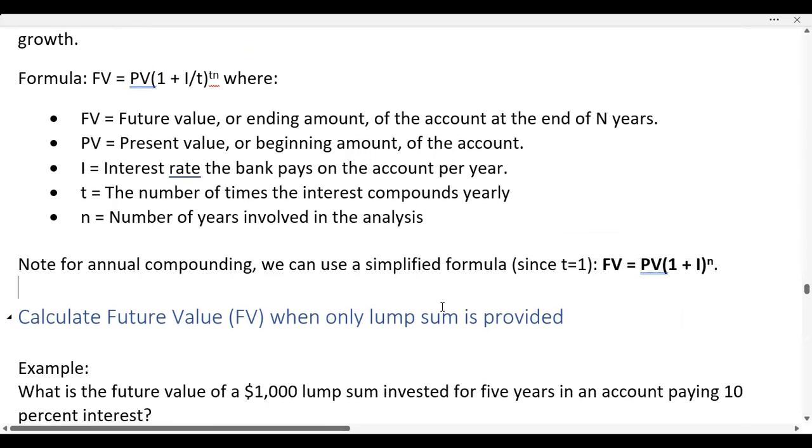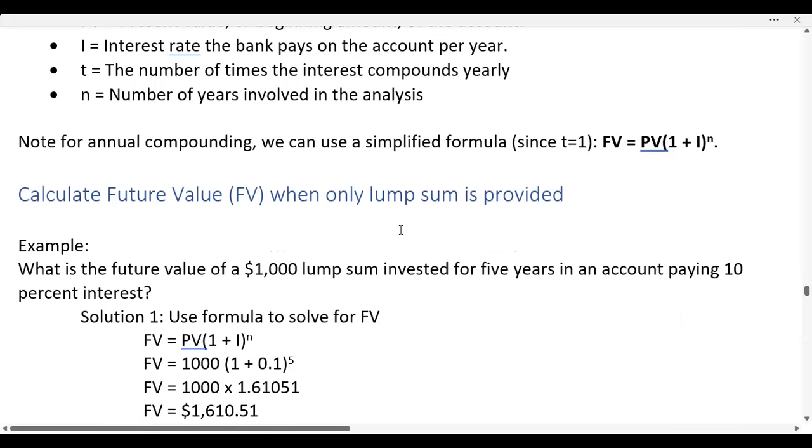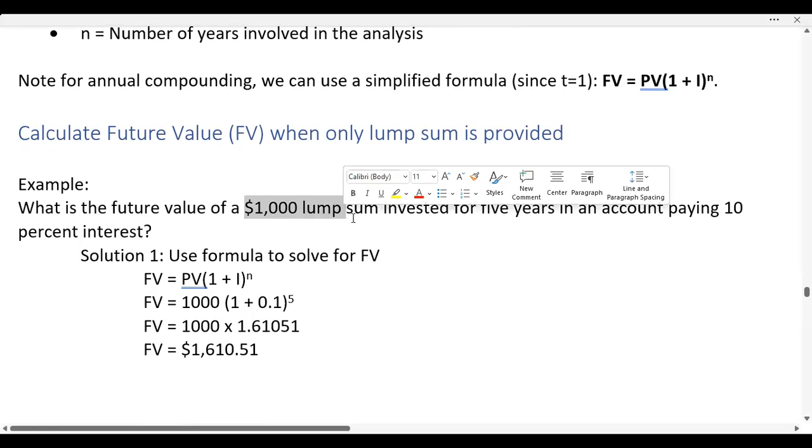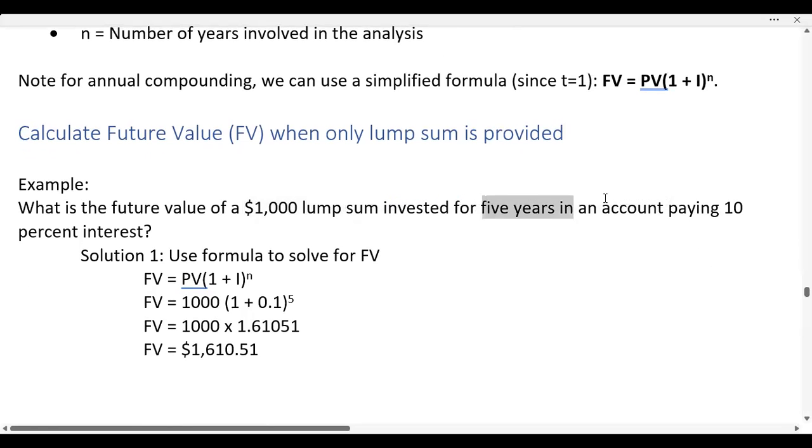Right, so let's take a look at an example. In this case, the example would be where only the lump sum is provided. What is the future value of a $1,000 lump sum invested for 5 years in an account paying 10% interest? So using the formula,